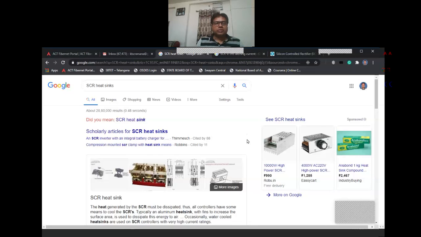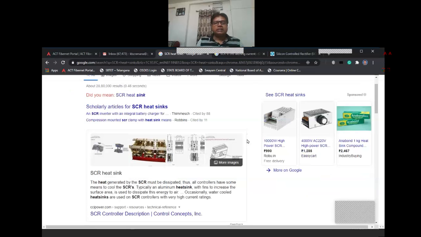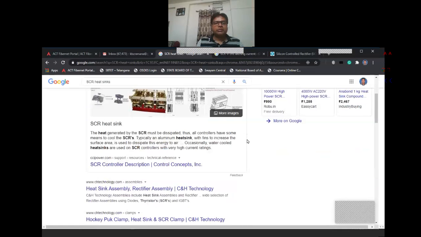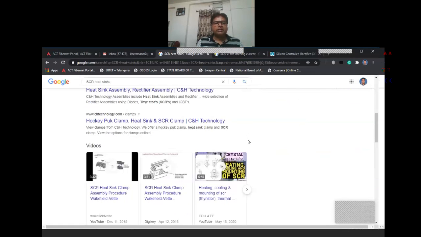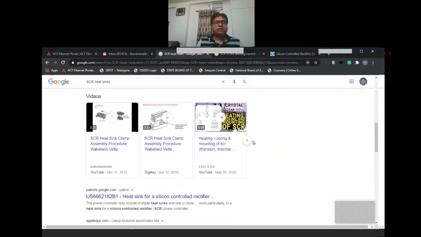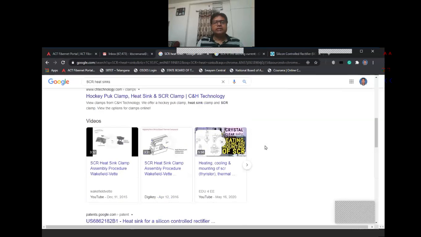So obviously there will be very high amounts of heat developed inside these power electronic devices. There is a need to continuously take away the heat from those power electronic devices. If not done, these devices will get damaged permanently and cannot be reused. At the same time, even though they are not damaged, their operation gets affected.